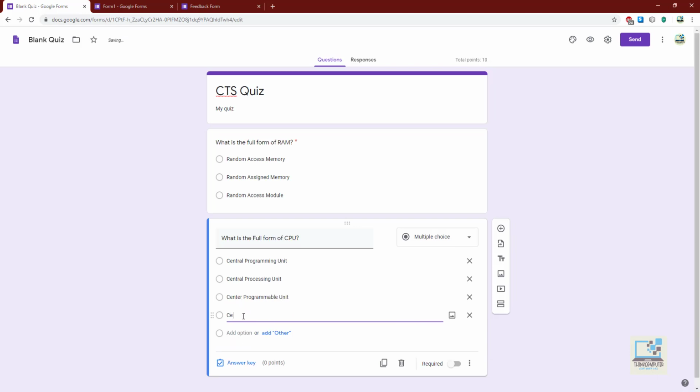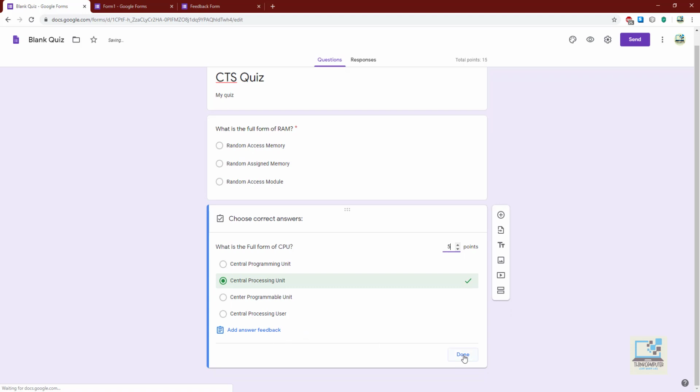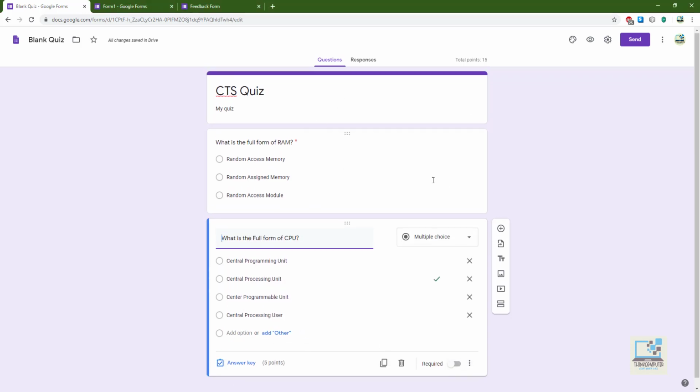And option number 4, Central Processing User. Okay, so again answer key, the correct answer is Central Processing Unit. Assign point, it is not compulsory that all the questions will have the same point, so I'm giving 5. Then done. So I have 2 questions, total points are 15.